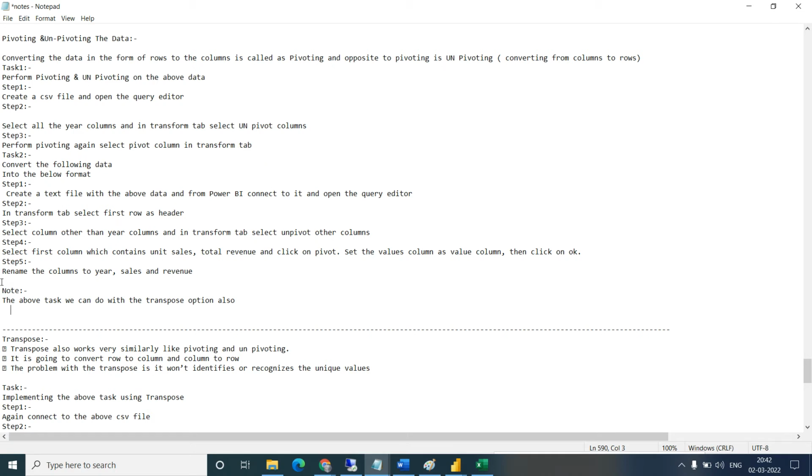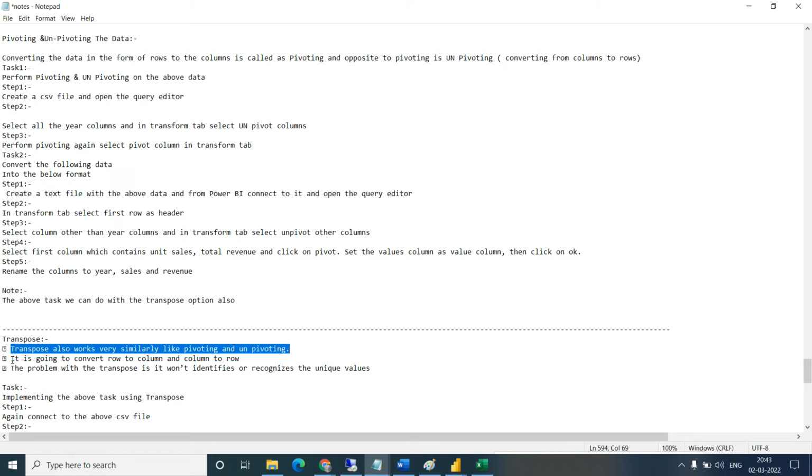Then what is the difference between transpose and pivoting? If the option is already there, then why do they give us a transpose? There is one difference. Transpose also works very similar to pivoting and unpivoting.